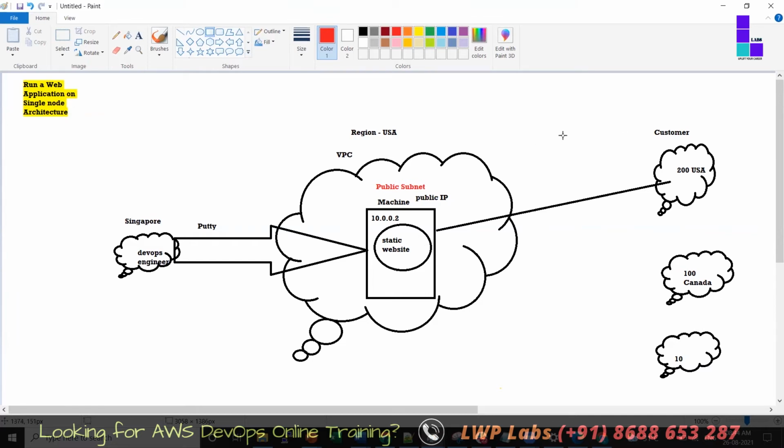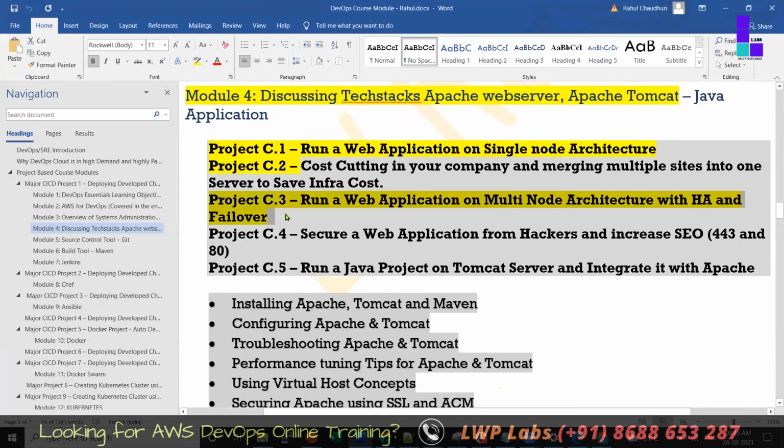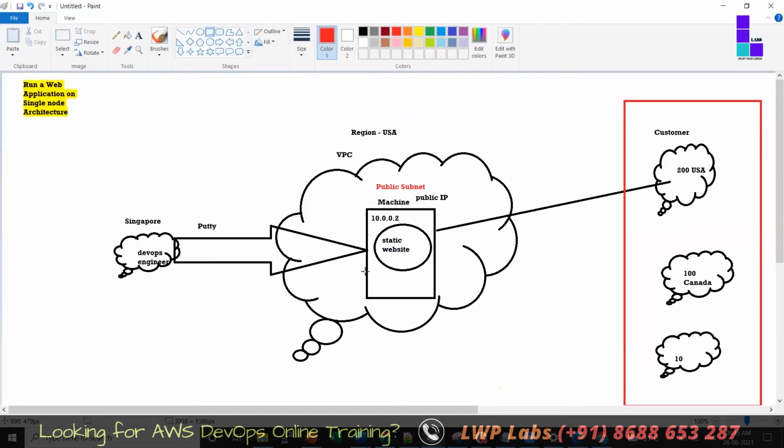This is one reason, the VPN gateway. The second reason is my customers are public, so we have to use it. So you have to tell me after this project, how can we keep this server inside, and still be able to access it from the outside internet? We will be outside, the server will be inside, and it will not have a public IP. Still, public people will be able to access it. We'll have to do that exercise. How to do it, we'll see.